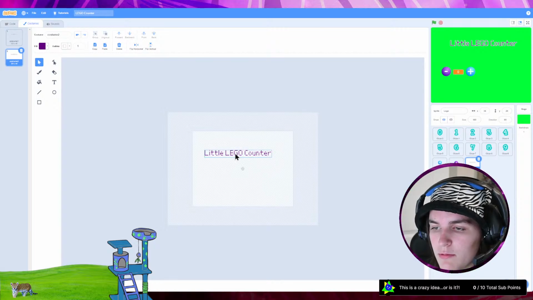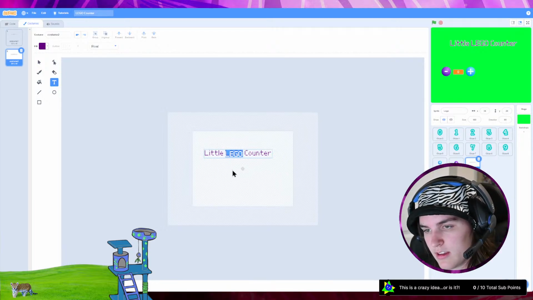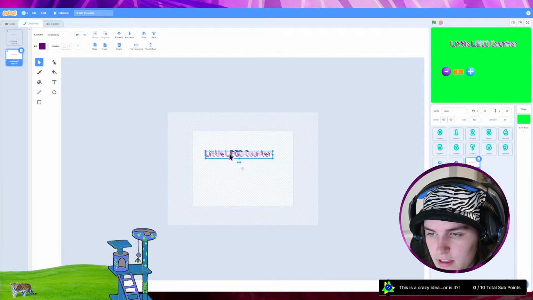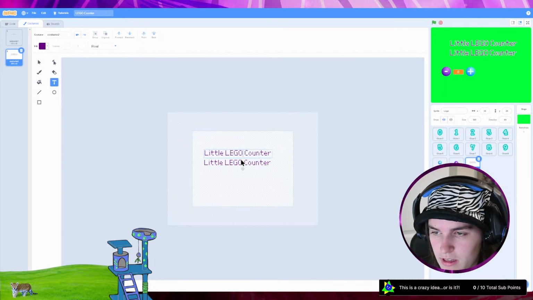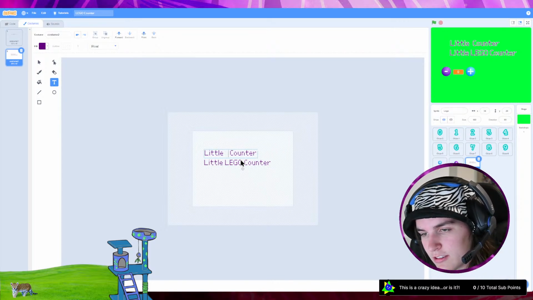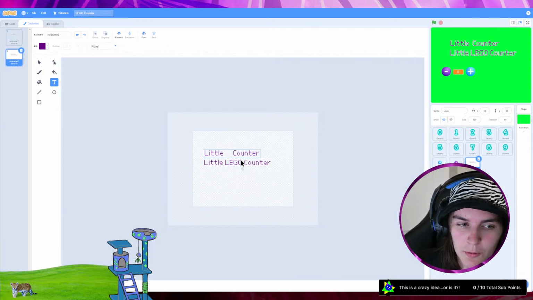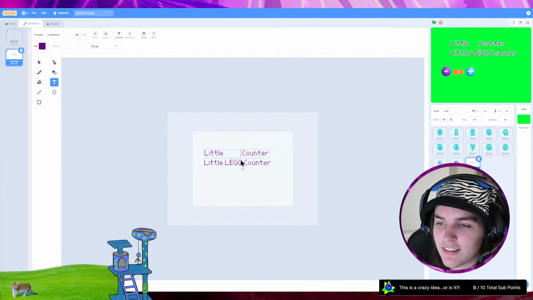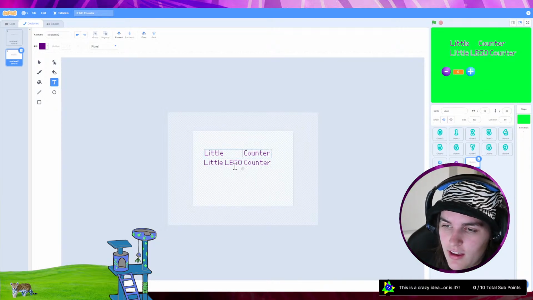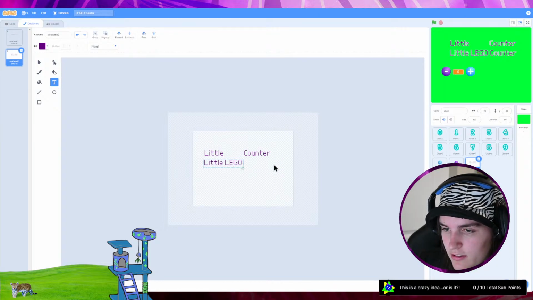And I want to animate the Lego word itself. So I think essentially I'm gonna copy this again just so that I can roughly keep track of how many spaces are here. I guess I could have counted how many letters I was deleting and then just done 1, 2, 3, 4. No, that didn't work. Oh yeah, because letters have length. That's why that didn't work. Whoops. Okay, there we go. So now I have empty space, and now I can go ahead and delete everything except for Lego.